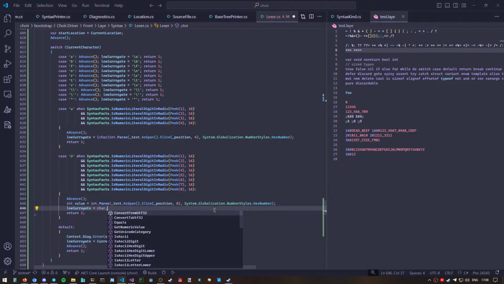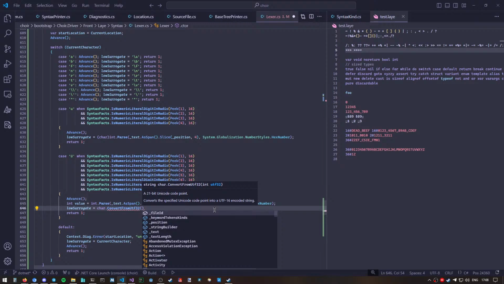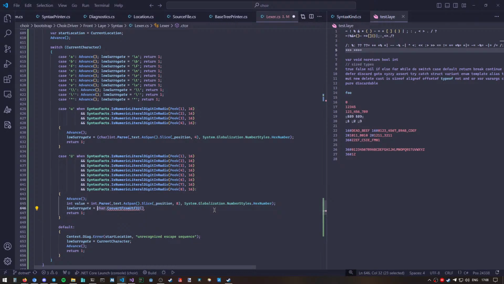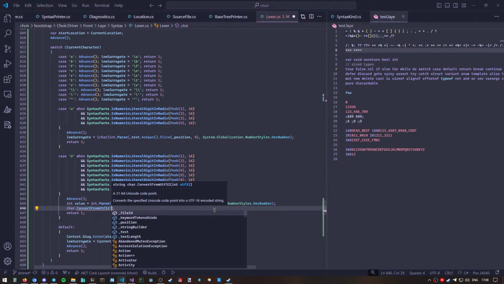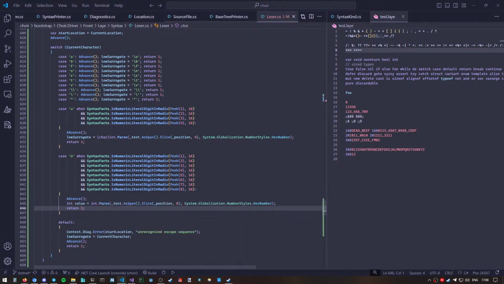So char from UTF-32 into a string is not what I want. I want an int to surrogate pairs. So char surrogate is low and high surrogate. Char from UTF-32 is going to give me a string. I was right, 21-bit Unicode code point. So let me go ask C# int to surrogate pair. Is surrogate pair? No. Can I do this? I just don't want a string. I don't want it to allocate me a string. I want the 2 characters. I could do it myself, but